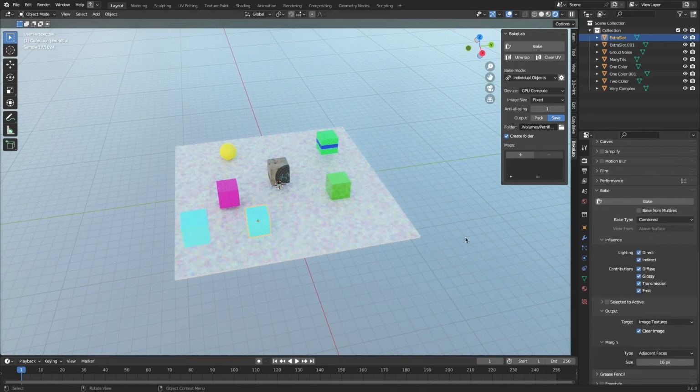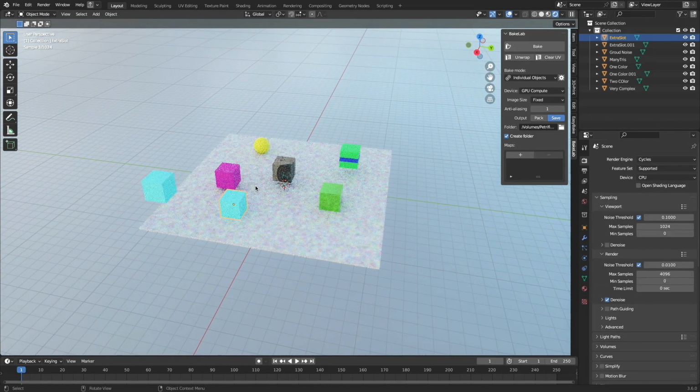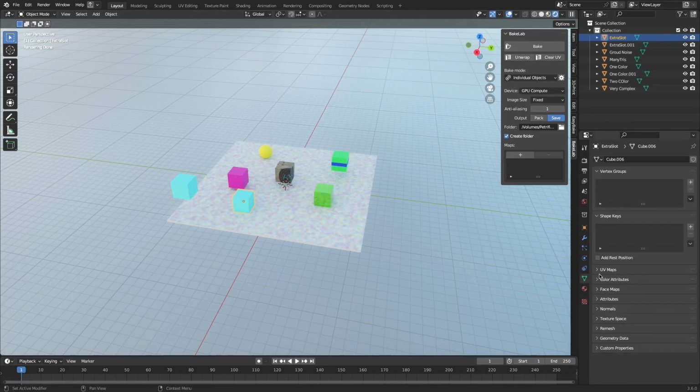Down here you would select the object you want to bake, go to Combined, choose whatever you want, choose these options, and then you would UV unwrap it and then press Bake. However, this only bakes one thing at a time and is very inefficient if you have lots of things like 400 plus objects. So what you would do is, in BakeLab, first of all, you would go to UV maps